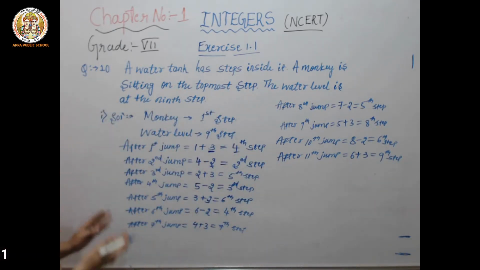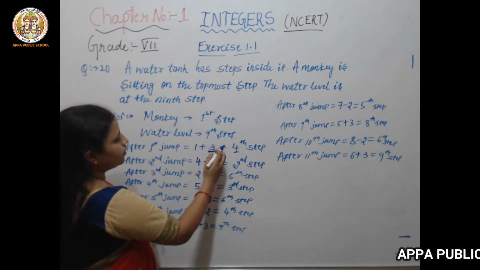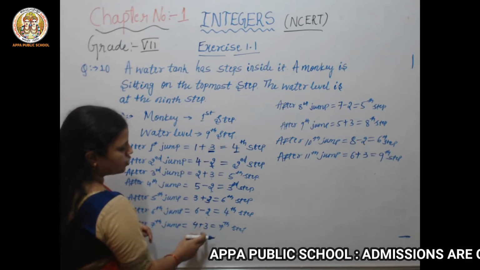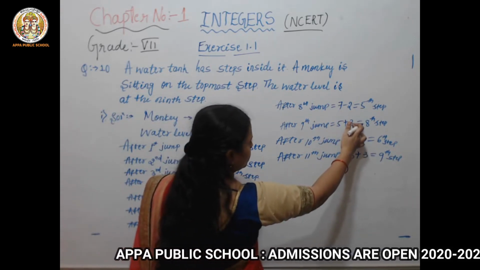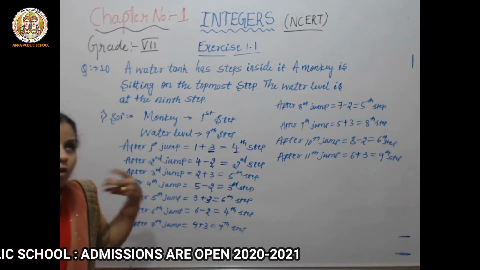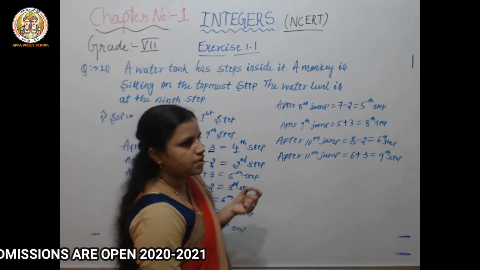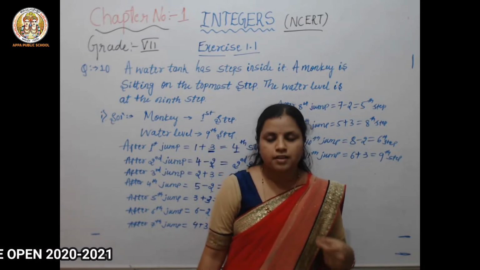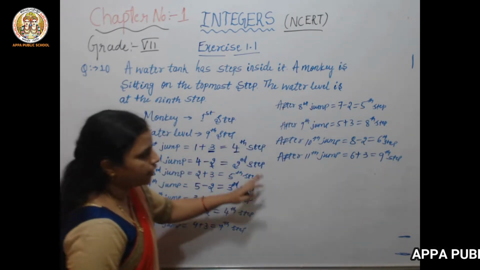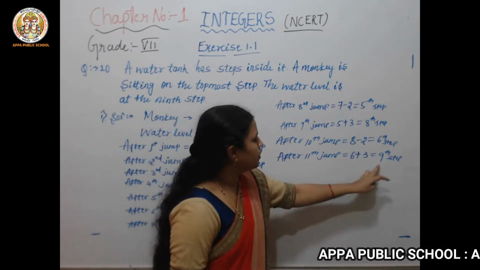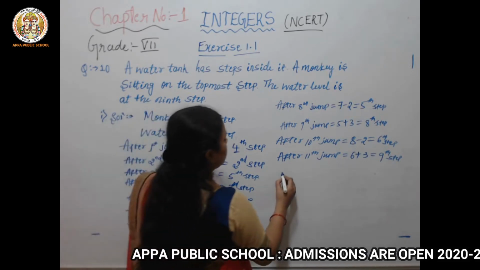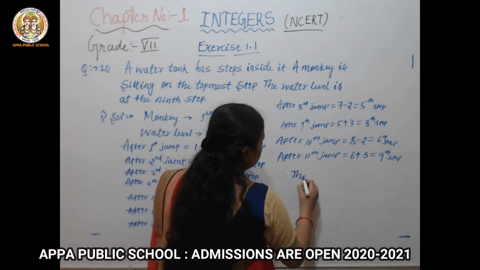See what is the combination and what is the sequence we are solving here? Plus 3 minus 2, plus 3 minus 2, plus 3 minus 2, plus 3 minus 2, plus 3 minus 2, plus 3. This is what is already given in the question, as he jumps 3 steps down and then jumps back 2 steps up. With that background, we calculated how many jumps? It has 11 jumps. So therefore you should write the monkey reaches